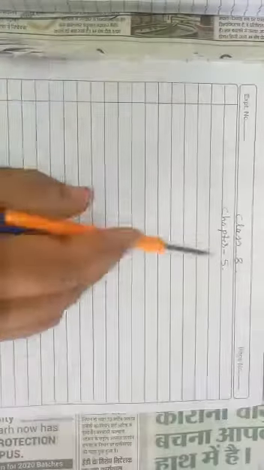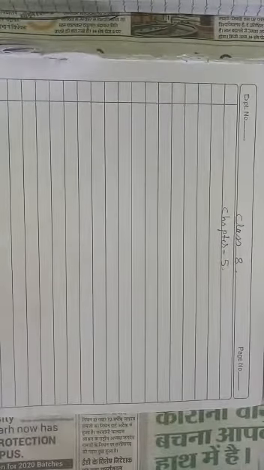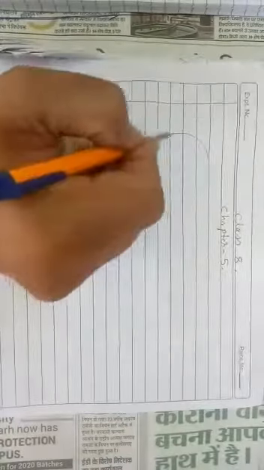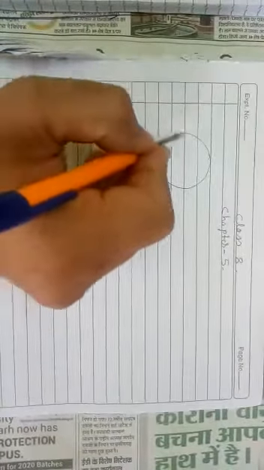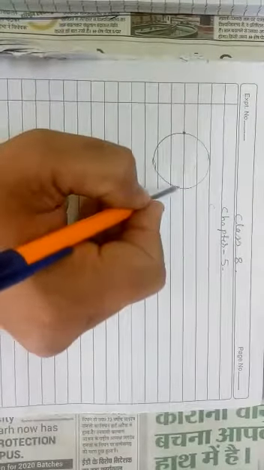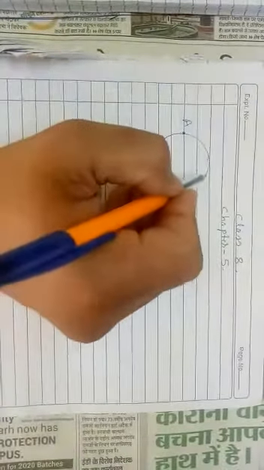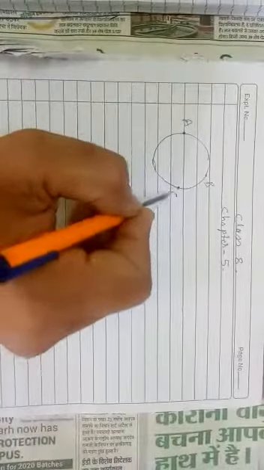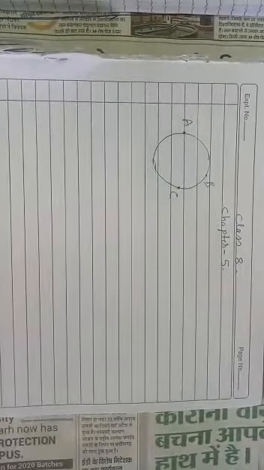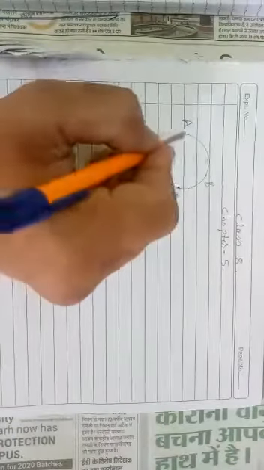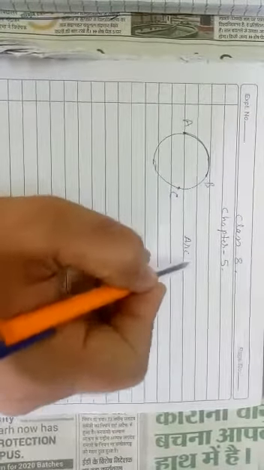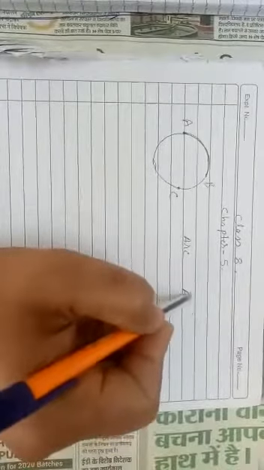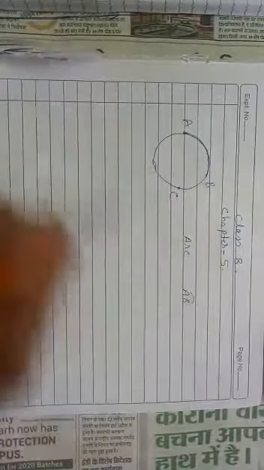Children, today we will start chapter 5, that is circle and its elements. Circle. We know that this is known as a circle. If I take two points, here A, here B, and another point as C, now AB is called an arc. You can write it with AB and a bar at the top, that is arc AB.